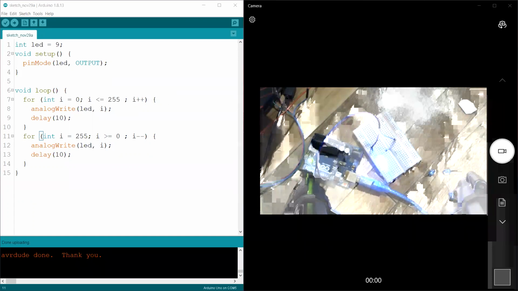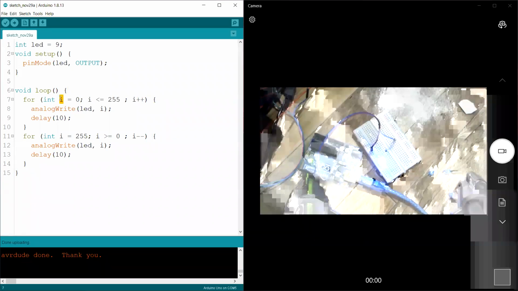Yes, of course, we can write a function to increase the brightness and reduce the brightness. That is exactly what I have done here, in a for loop. That is the beauty of the for loop: the values assigned to the variable i at the beginning of the for loop, we can use inside the brackets of the for loop.